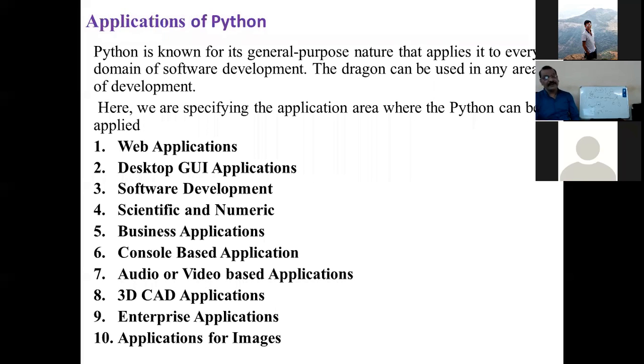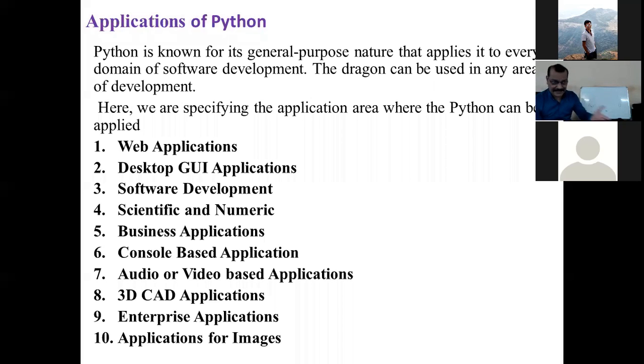All of you know that there are some common applications of software. Which applications do you know? All of you know for what purpose we are writing software.